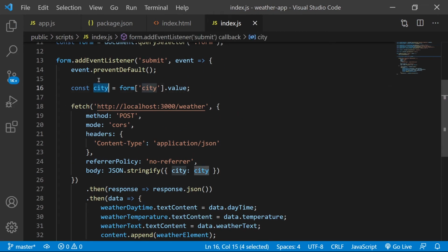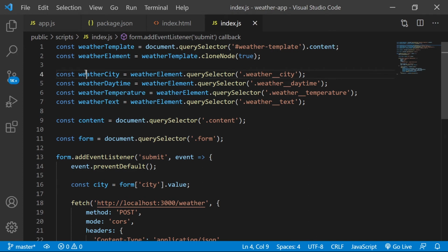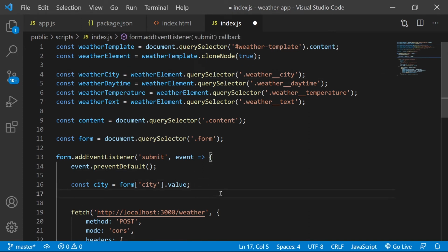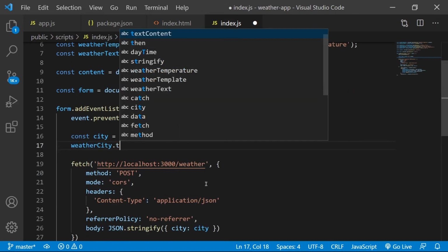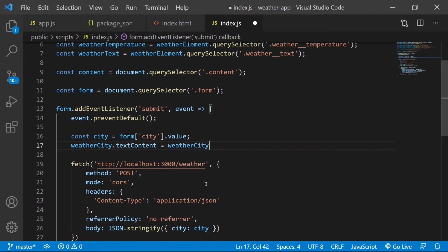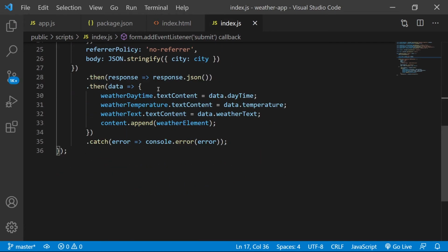Weather city is going to be the form value, which we should probably set. Yeah, so let's do weather city dot text content equals city. Let's change that there. That will add all that stuff there.